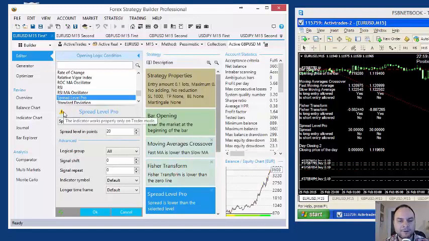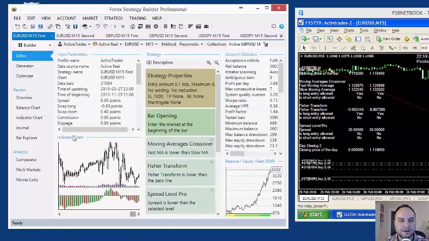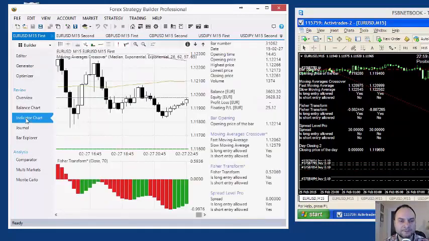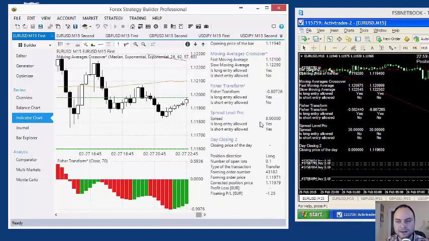Okay, we have here a warning message that the indicator works properly in trader mode. The indicator shows a constant spread in the backtesting mode, and this is the spread we set in the control panel symbols. So let's continue. What do we have here? No, this is the last. Fisher transform spread rail pro. Let's go down with Z, and we have day closing.